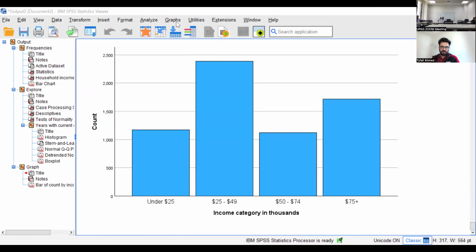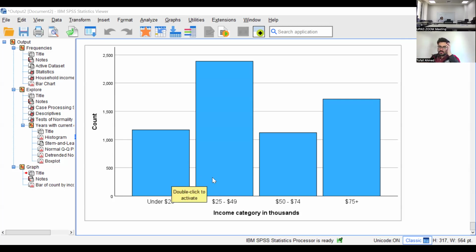So it's per hour. Okay, it's in thousands. Oh, sorry. So like 25,000. Yes, they are in a month, let's say. Okay. So in a year, I think maybe 25,000. It depends on the data. So let's say it can be 25,000 in a year. So you see that the majority of the people are earning between 25 to $49,000 per year.